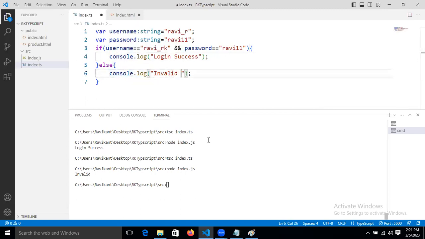Here, let's give invalid username. Invalid username. Okay, here we give invalid username. Again, inside that we will come and put an if else condition. Now remove this one. Now remove the password. Just check the